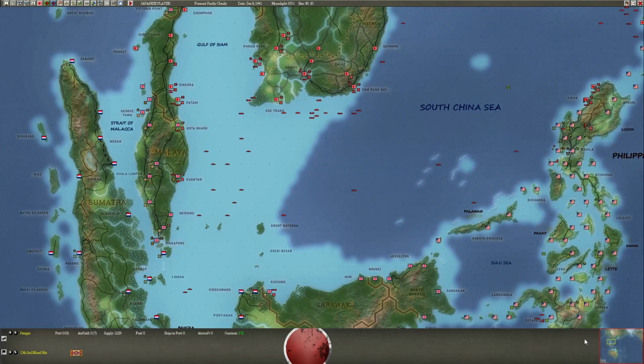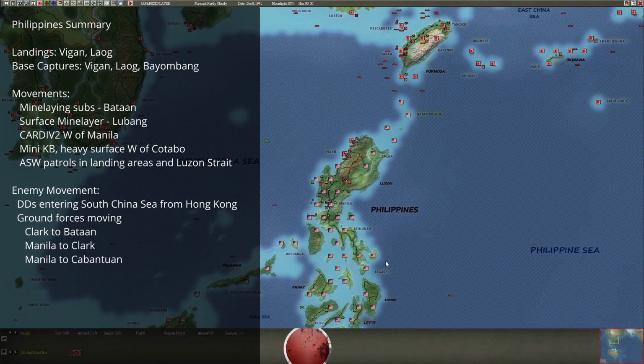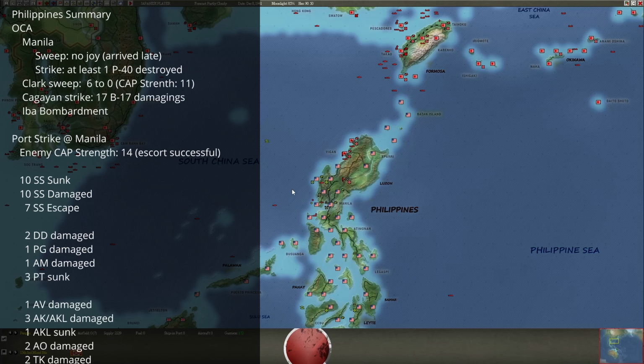Moving on to the Luzon Theater. We had successful landings at Vigan and Laog, and we also had base captures at those same 2 bases, along with Bayombang, thanks to the paratroopers moving in. Successful strikes against both Clark Air Base and Manila, along with the successful bombardment attack at Iba. Port strike on Manila. We did have the chart running during the combat replay for you, but just to recap